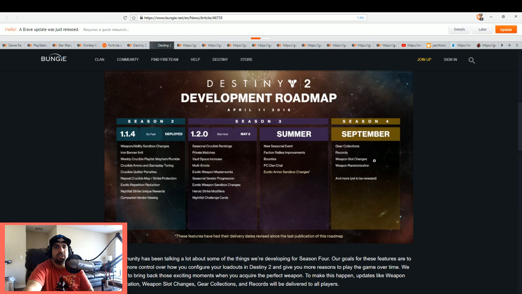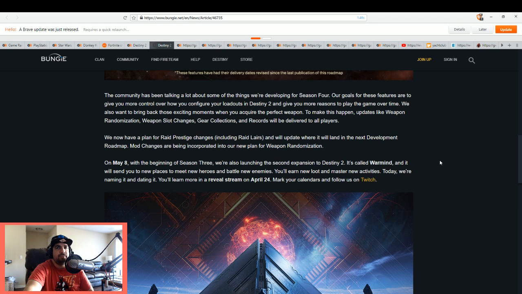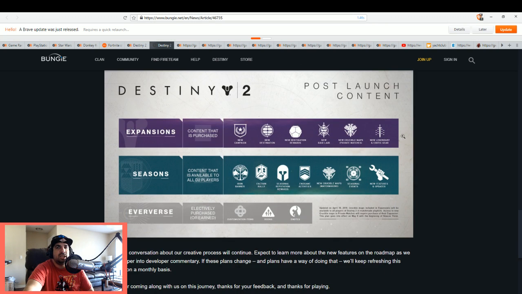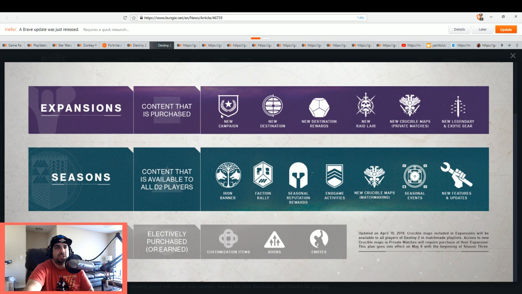And of course, in September, they've got gear collections, records, weapon randomization, stuff that they should have had when this game came out. But obviously, there is the post level content slide, which of course, the expansions, which is the new destination, the new rewards, the new lairs, the seasons where they've got the Iron Banners, the endgame activities, and of course the Eververse, which of course you get more customization stuff. Now, of course, the bottom says, updated on April the 10th, Crucible maps included in expansions